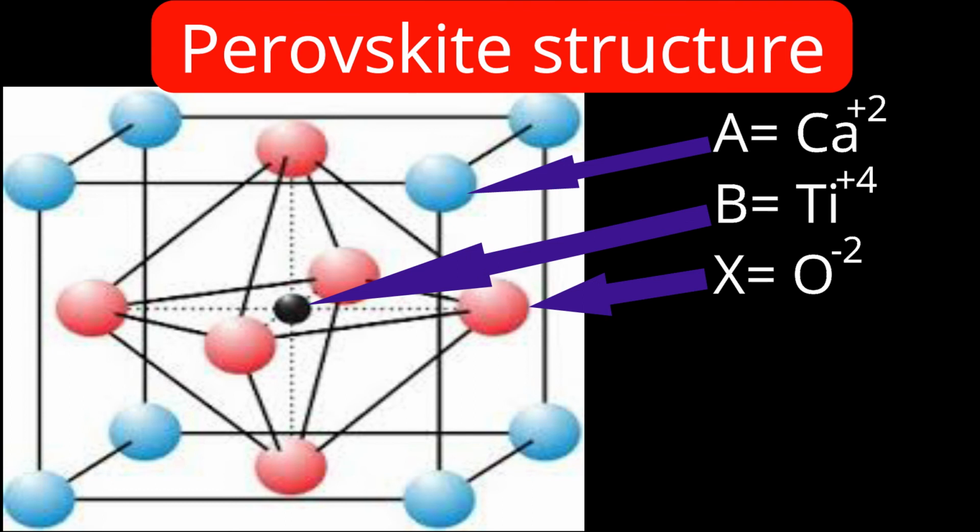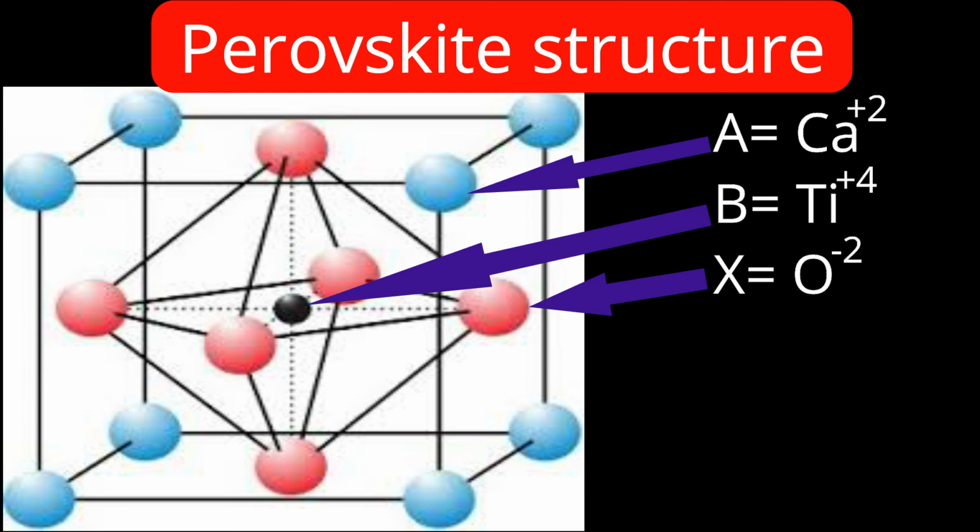Good. Let us understand the simple way of presentation of the perovskite structure. Yes, at the corner of the cube there are calcium ions, by blue color. At the center of the cube there is the titanium ion, that's by black color. And at the center of each face there are oxide ions, which are shown by pink color. Very simple. Now here titanium plus 4, what is the coordination number? 6 oxide ions are surrounding.